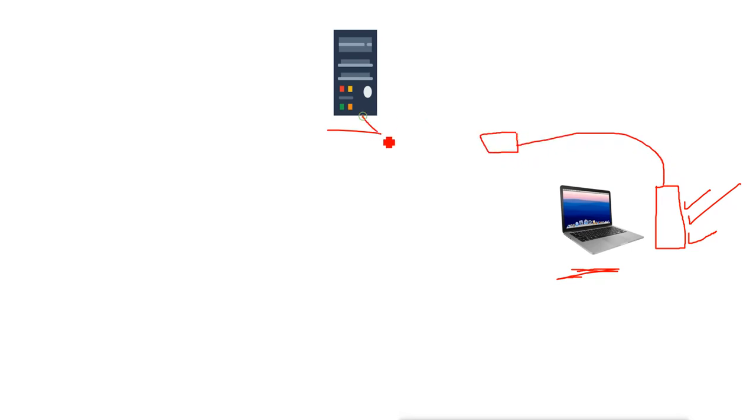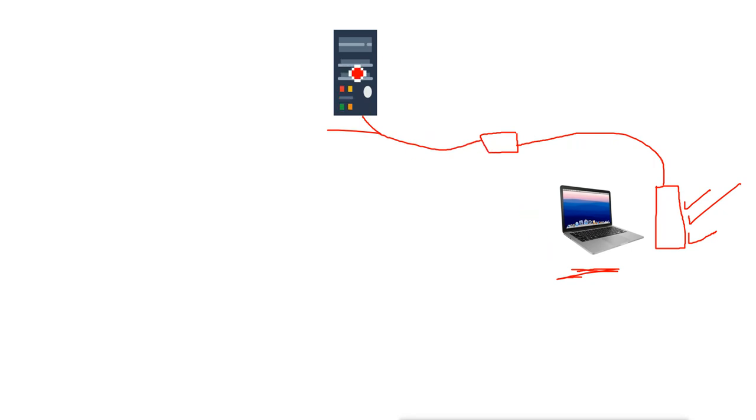Now we have clients here. These are the client machines here. In a normal environment, we have a server here and we have a client here. On the client machine also we have everything. That means we have RAM, we have processor, we have a hard disk and everything else. We have monitor, keyboard, mouse, and the option to connect to the network. So we will connect this client to the network and the server will also connect to the client.